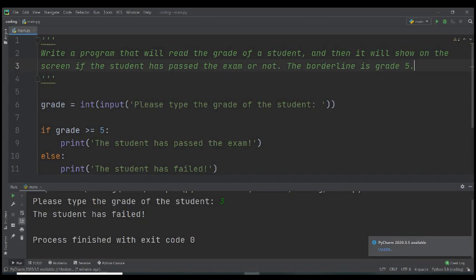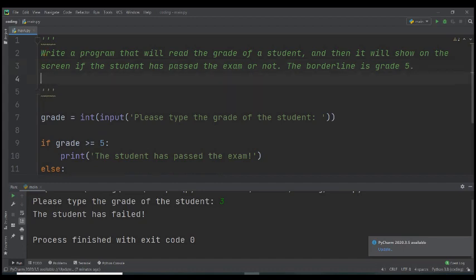For example, if the grade of the student, I'm writing this inside the comment block, so that won't affect my program at all. If the grade of the student is between 9 and 10, then